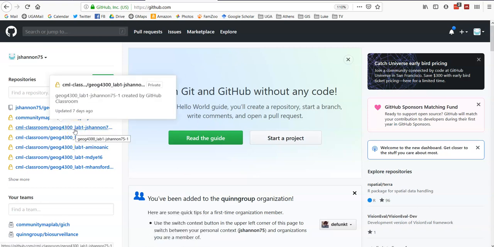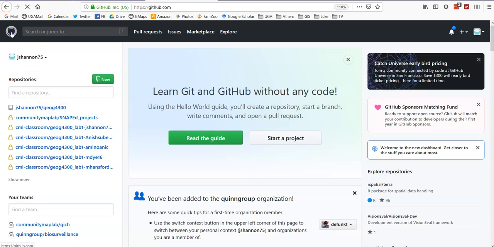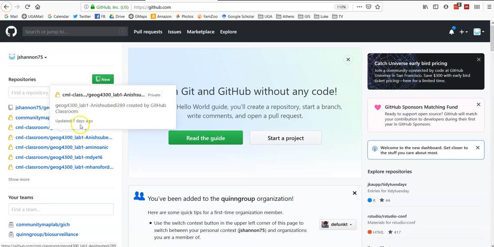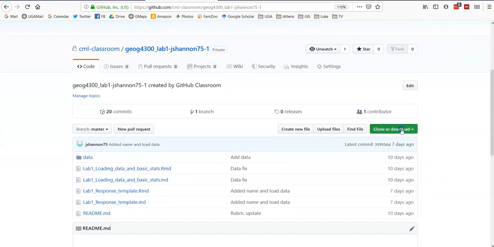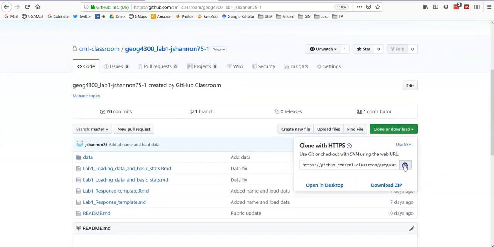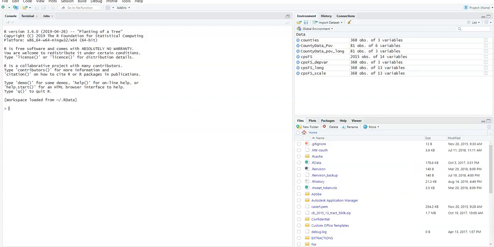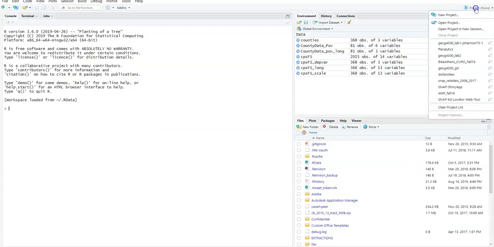If you have done so, you should see them listed here. I just go to the GitHub homepage usually, and you'll see yours listed here. This is the one I've created. And if you want to clone this to your computer, you just go down to the handy dandy green clone or download button. Go ahead and copy this URL,